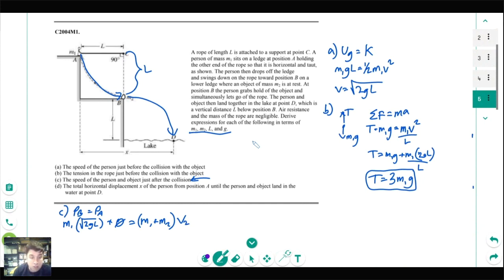So we just divide, right? That's all it is. So our velocity must be M1 square root of 2GL over M1 plus M2. All right, and there is that part. And since we've got a few minutes left, let's go ahead and do part D as well, just for the sake of it. This part is probably more messy than you'll see on the AP 1 exam, but it could work. It's all possible here.